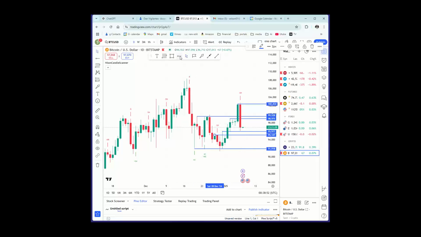Above here, my next resistance area would be the high of the bearish engulfing pattern and the shooting star over here. Sorry, the doji. As mentioned in the first part of the session, a doji often becomes resistance, and that was kind of confirmed with the bearish engulfing pattern. So that wraps it up.